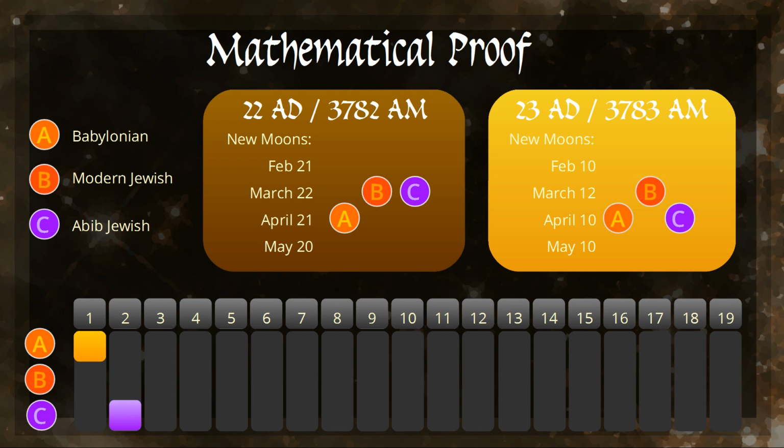For this year, both the Babylonian and Abib-based calendar start in April. The modern Jewish calendar would start in March. Now consider if you wanted to know the equivalent date of Nisan 14 in the Julian calendar. Which Metonic cycle would you use, and which is correct? The modern Jewish calendar came into use around 350 AD. Can it provide accurate dates for this particular year of 23 AD?